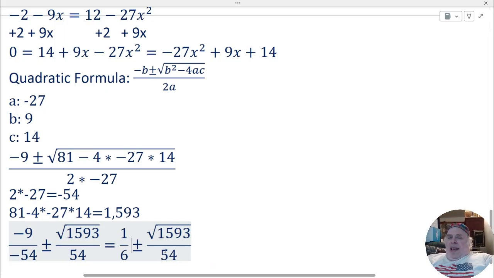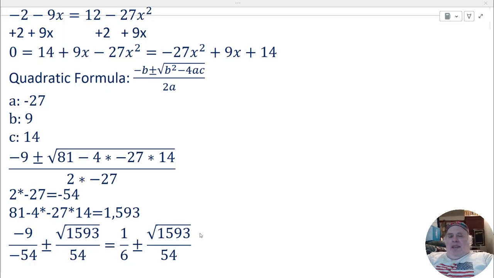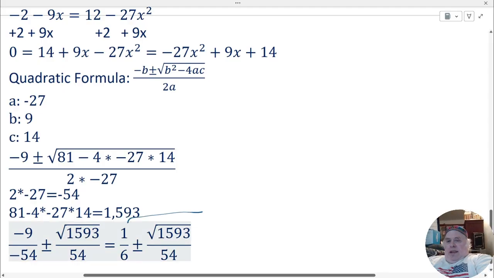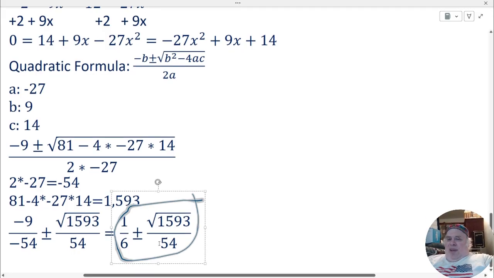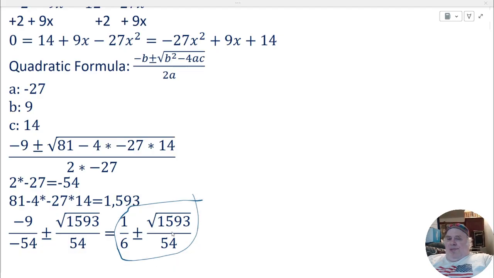Now, in actual fact, 1593 is divisible by 9. So you don't have to do this. This can be a perfectly valid answer. I'll accept that on an exam. I don't expect you to. But if I want to be strictly all about getting the answer to these problems,